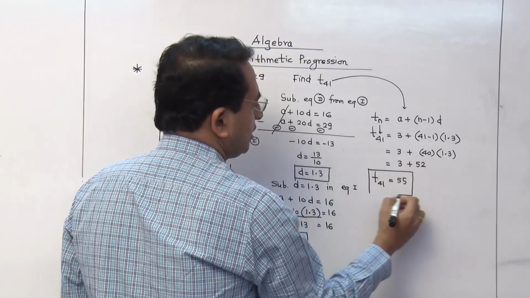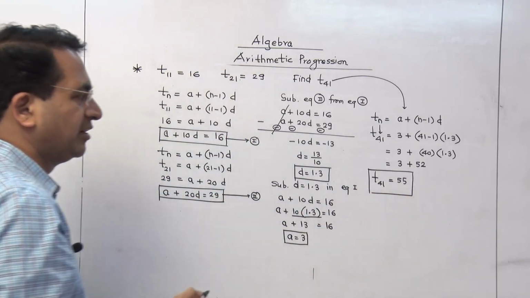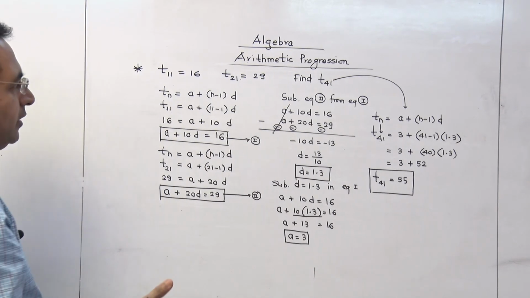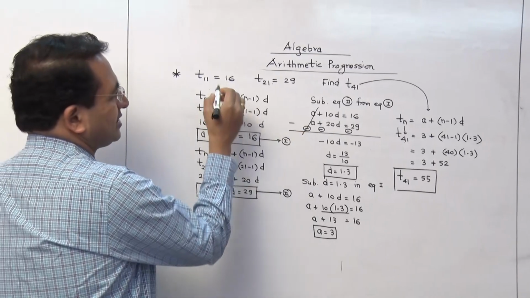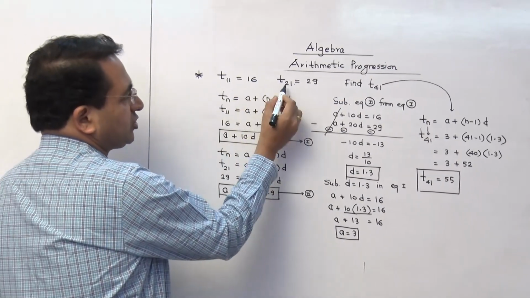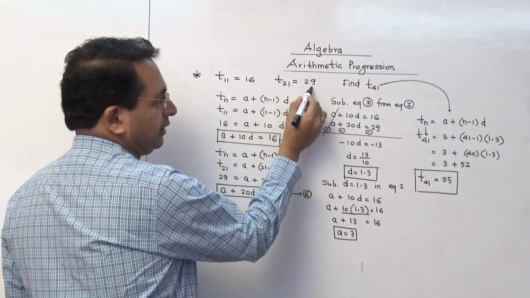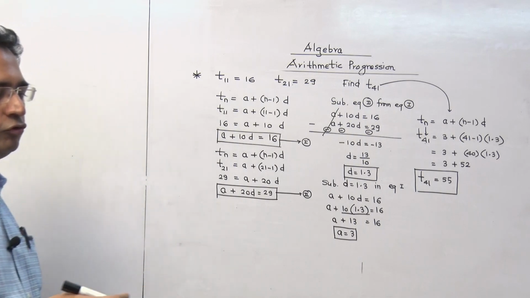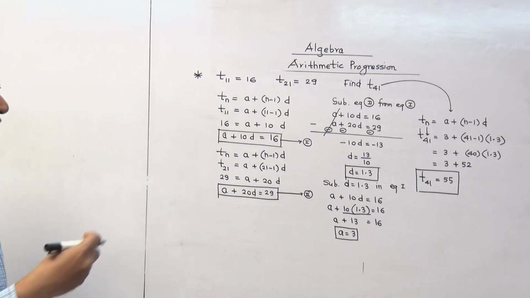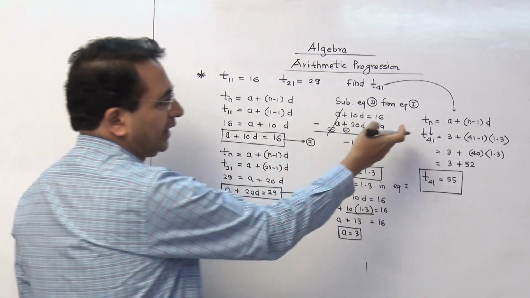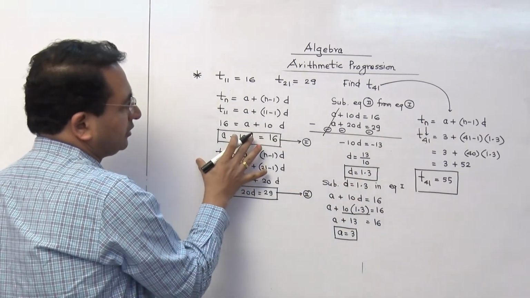Actually this is the question which is asked for 3 marks. Most typical question which is asked in the exam. Now you don't expect that the same question will be asked in the exam. They may change these term numbers and this content. They will ask you find a value, or sometimes they will ask you show that the 58th term is 70. So we have to calculate it like this. These are the 3 stages.